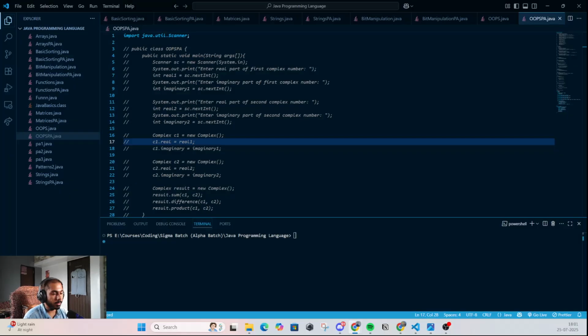So if you have studied maths, it's like a function calling itself.